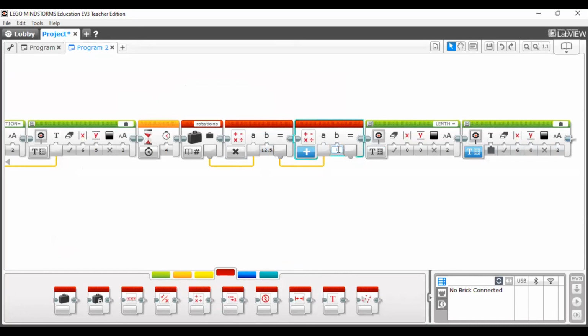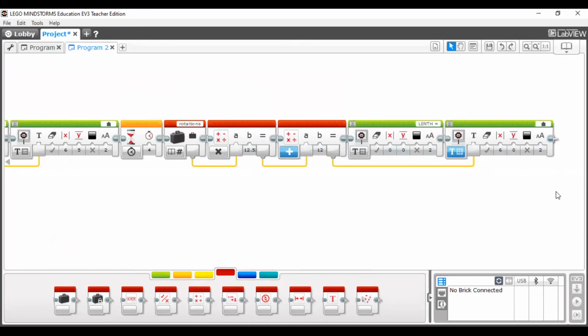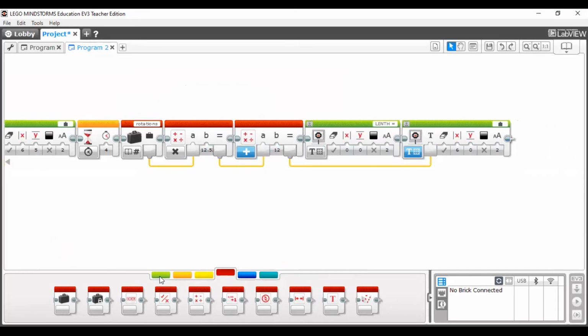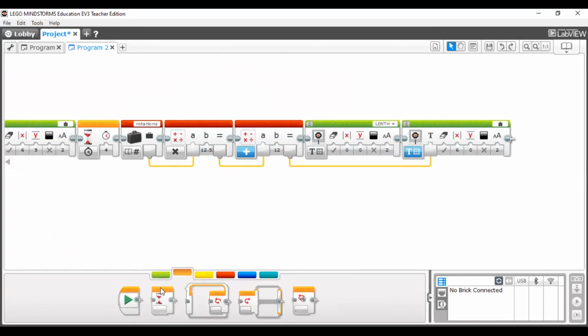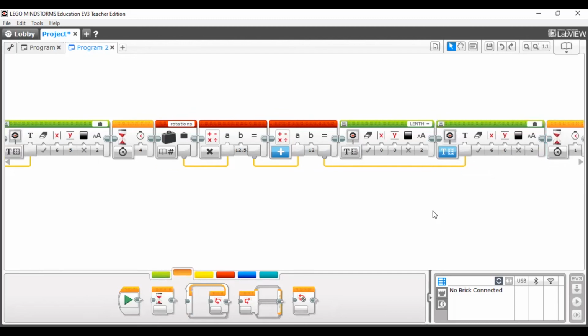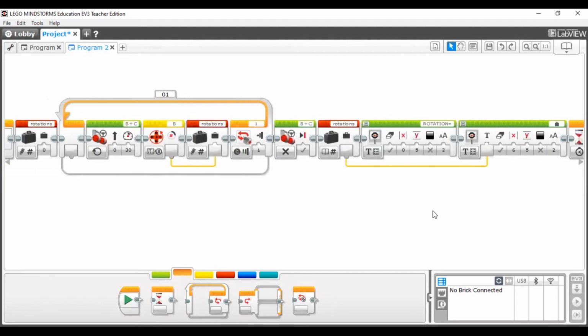Suppose the boat length is 12 centimeters. Now you can add it, and it will give the perfect result. At the end you can give a wait block for display. Okay students, do you understand? Now it is a perfect program.